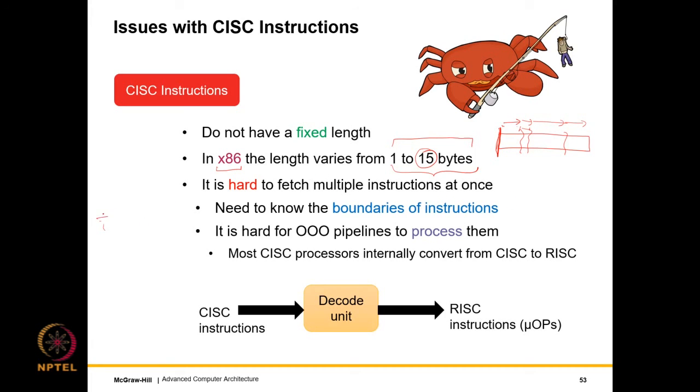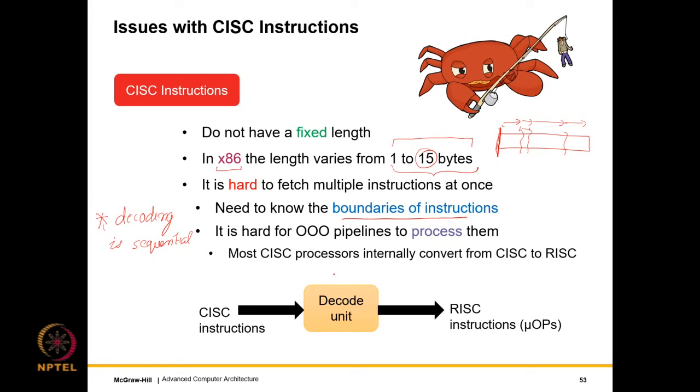So what is the issue? Well, the issue is that decoding in a CISC ISA, unless we do something extra, is a sequential process, which is not acceptable to us, because this means that we cannot process multiple instructions in parallel. The main reason is we don't know the boundaries between the instructions. Furthermore, if instructions are so complicated that one instruction doesn't do anything and another does a lot, it is very hard for out-of-order pipelines, which rely on the regularity and uniformity of instructions, to process such complex instructions.